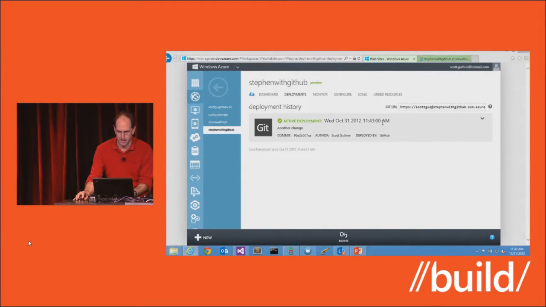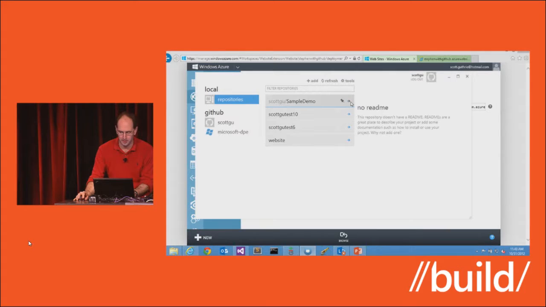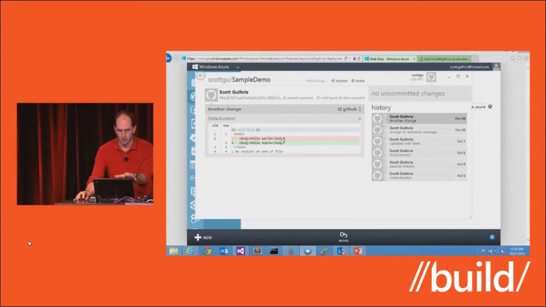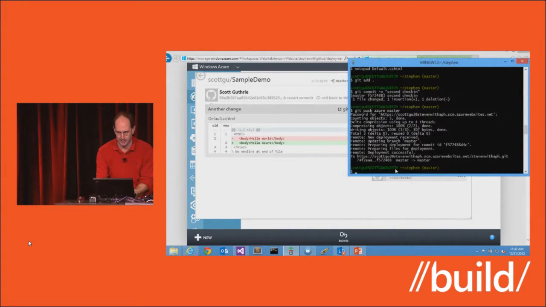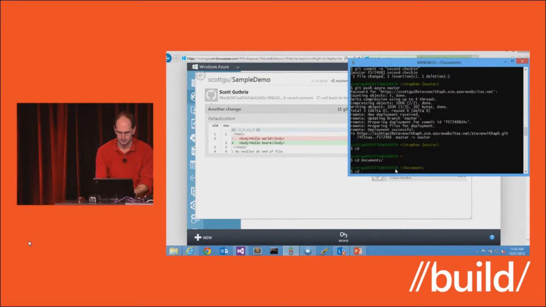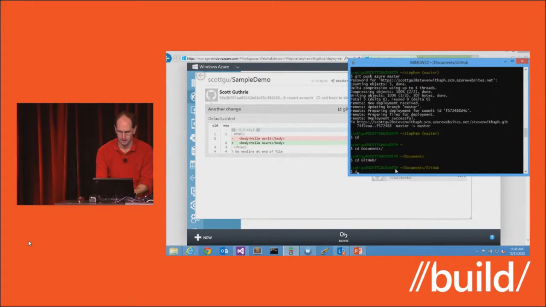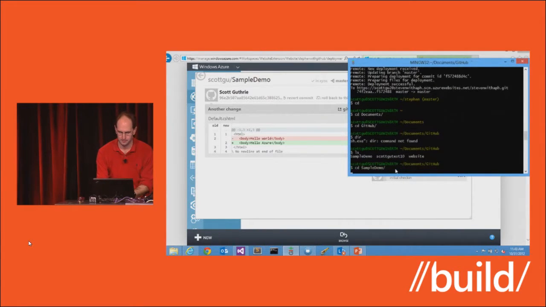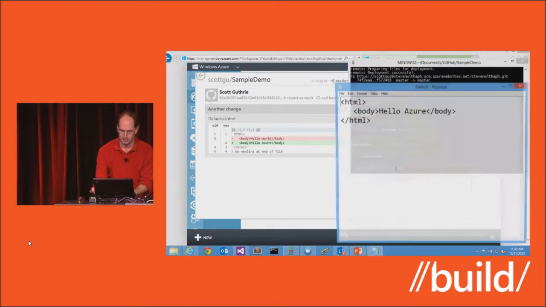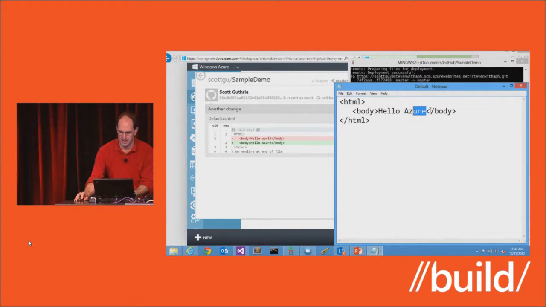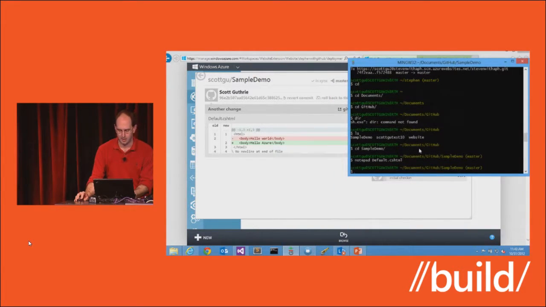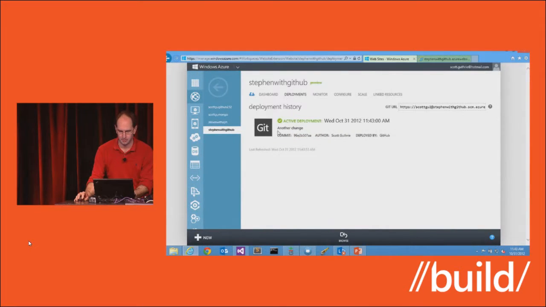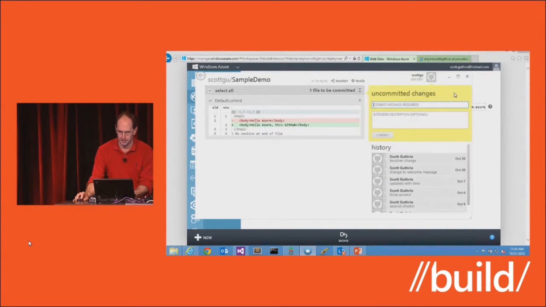If I pull up, say, the GitHub Windows tool here and drill in, this is my local repository. I could go in and edit this file, and say, hello, Azure, through GitHub. Save. Now if I go inside the GitHub client tool, you can see the uncommitted changes.